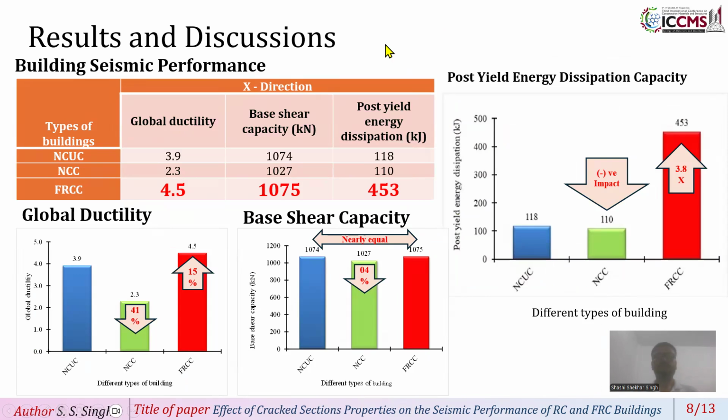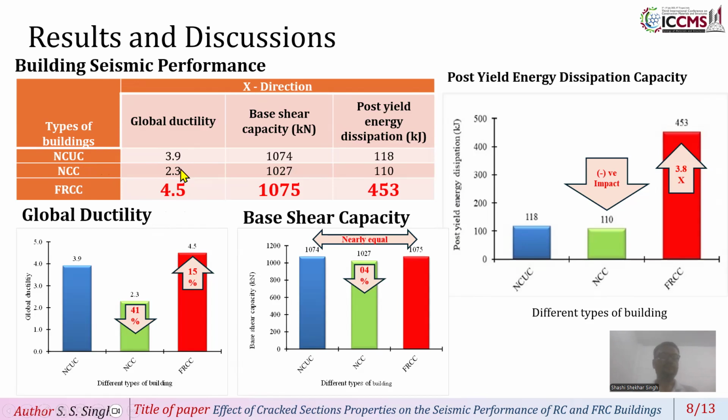The results obtained in this study are in tabular form. We will see the building seismic performance in the X direction, for the building types NCUC, NCC, and FRCC. The global ductility of NCUC is 3.9, NCC is 2.3, and FRCC is 4.5. So from the normal concrete cracked building, it has been improved from 2.3 to 4.5, compensating also the